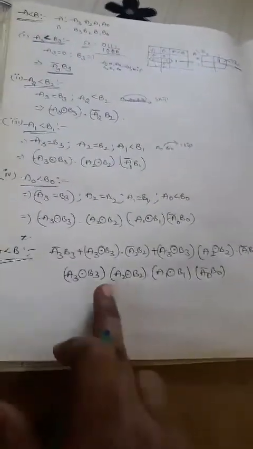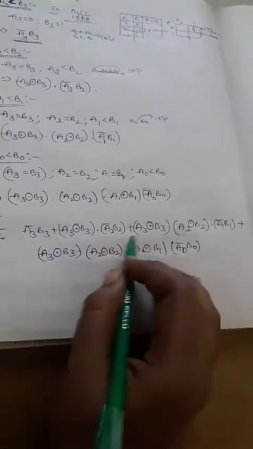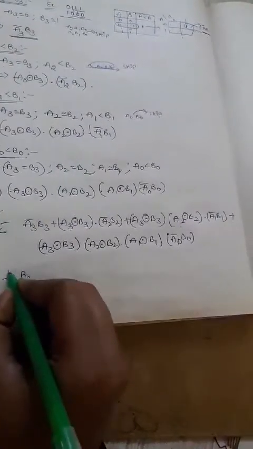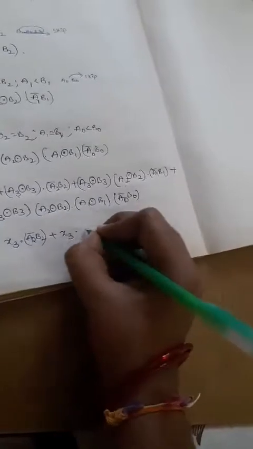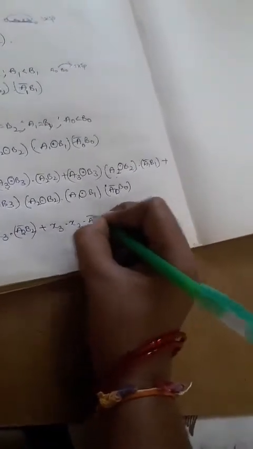Okay, so now again rewrite this equation like this. Whatever XNOR gates we have, we rewrite them as that X value. We already chose the XNOR gate equal to one variable, that is X. So A3 complement B3 plus, here one XNOR gate with respect to the third one, so I will take X3 into A2 complement B2 plus, with respect to the third gate we have the XNOR gate. So X3, and the second one also has X2, into A1 complement B1 plus, here the third one